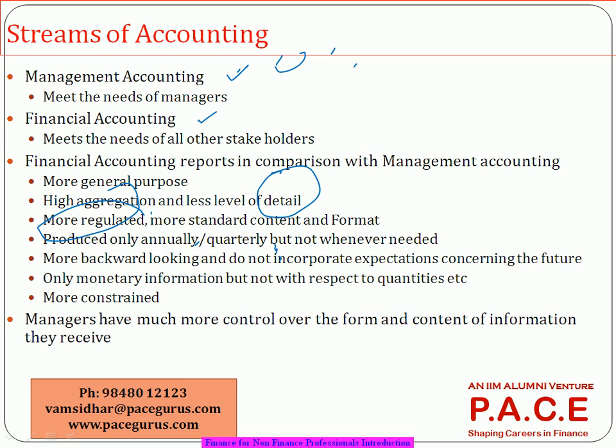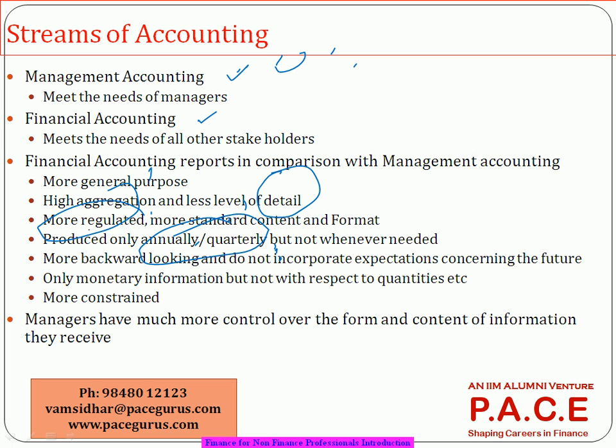Another aspect: financial accounting reports are published only once in a quarter or a year. Management accounting, because it is internal, you do whenever you want. When I say management, it is costing and budgeting exercises. When I say financial accounting, it's more about the annual report and the quarterly reports of the companies, which are published on the website. No company's budget will be published on the website, but a quarterly report, which is for an external audience, is published on the website. Right?